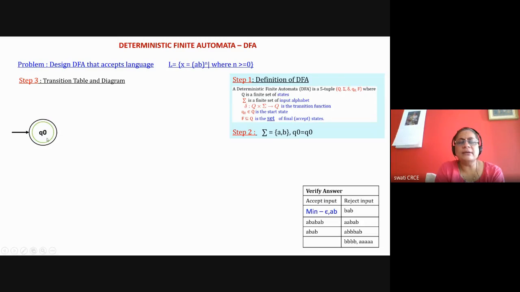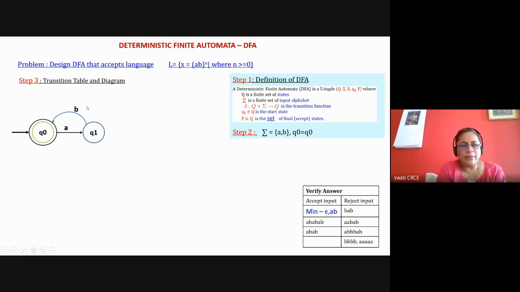Initial state is nothing but epsilon. So without input, it will remain in the final state. Now with AB, it should go to the final state. So in Q0, if there is any A, I'll draw that it is Q1. Now if there is any B, what should I do? In Q1, if there is any B, it will go back to Q0, and now one AB is accepted.